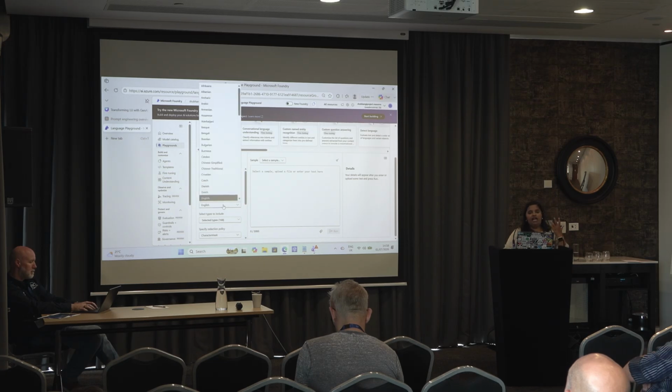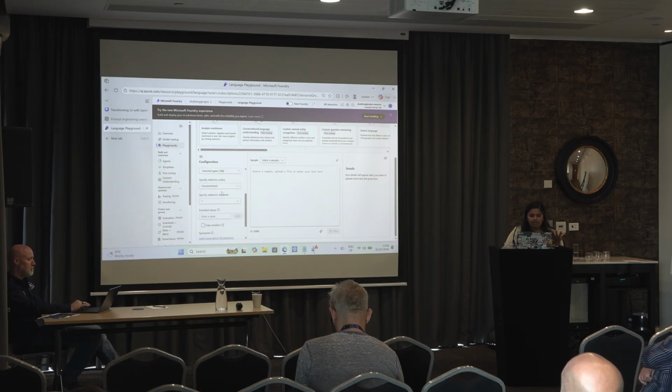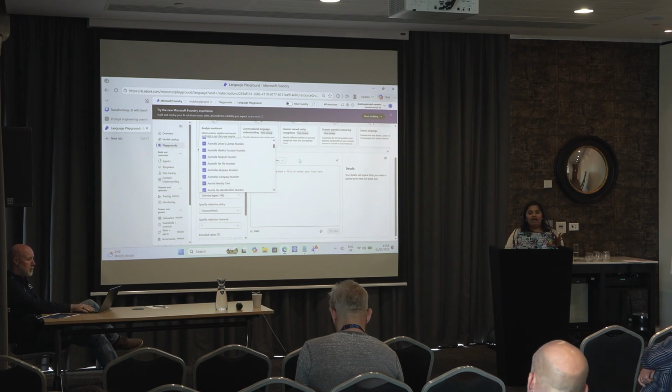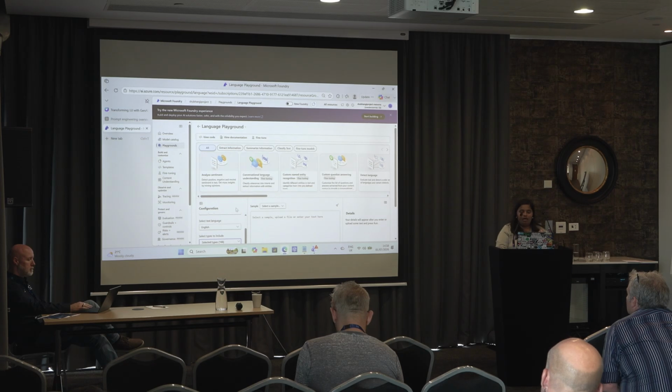And if you have another language that you want to use, you can pick whichever languages you want from this. It doesn't just support English, it actually supports a lot more languages. Then towards the bottom you can see other bits and pieces. For example, if you have some specific types you want to include, which are standard values, for example passport numbers or tax filing numbers, you can mention that. So this is essentially to make sure that all these things are accounted for.